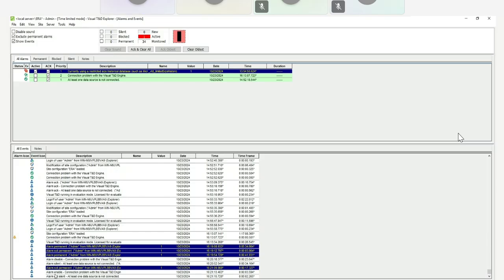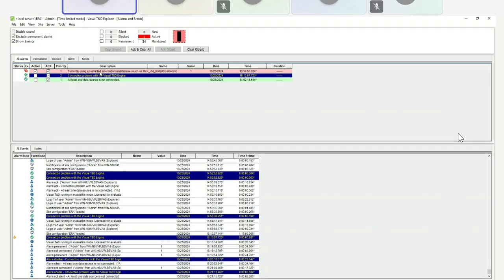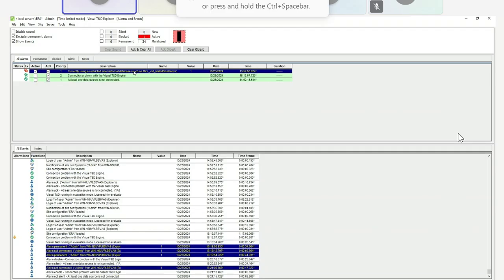Mr. Louis? Yes. Can you tell what is the difference between these three, silent, blocked, and permanent? Permanent is usually for those situations where you know an alarm is not really a threat, there's something wrong with the existing database. You can categorize that as permanent, and you could just disable that once you resolve that known problem.